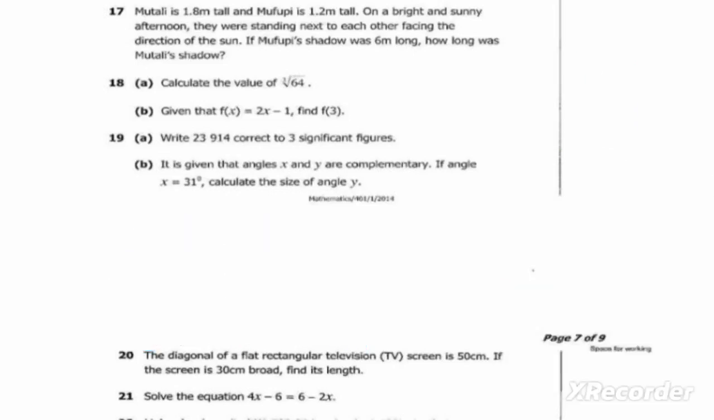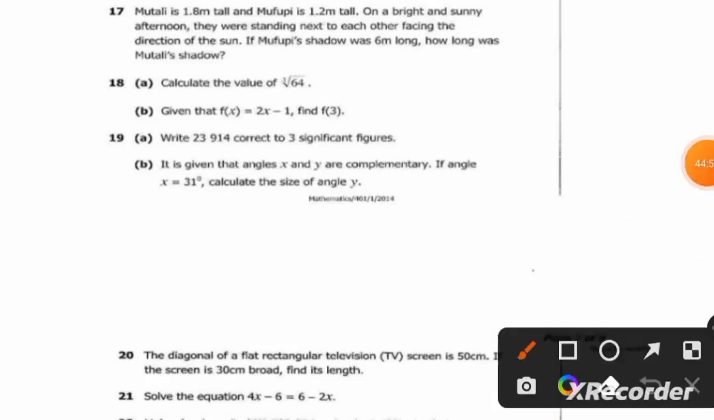We shift to the next question, which is question 20. Question 20, the question reads, the diagonal of a flat rectangular television TV screen is 50 centimeters, and if the screen is 30 centimeters broad, find its length. Okay,